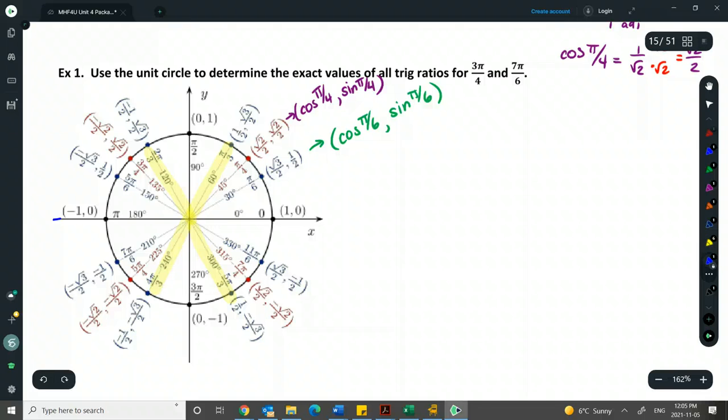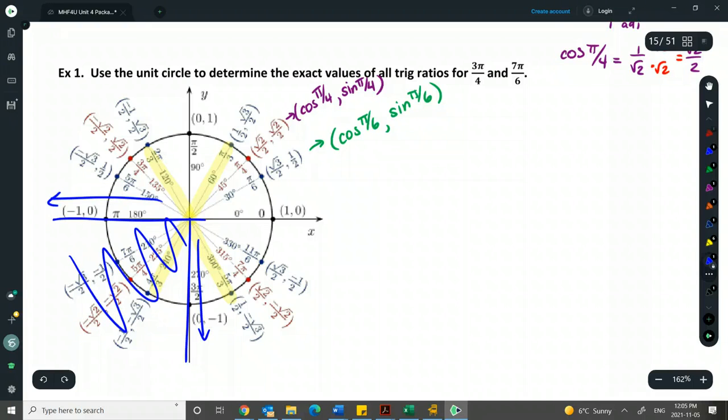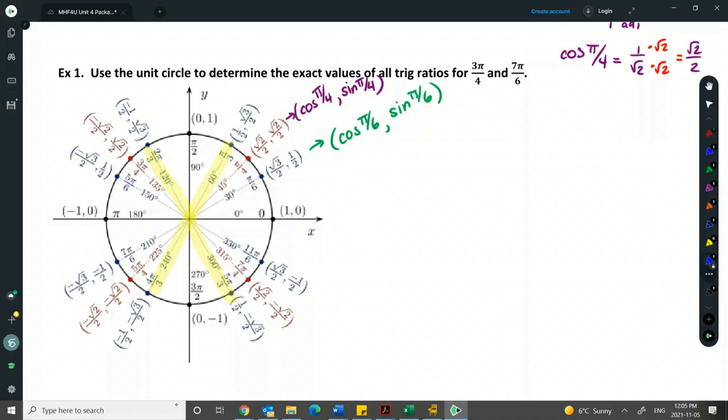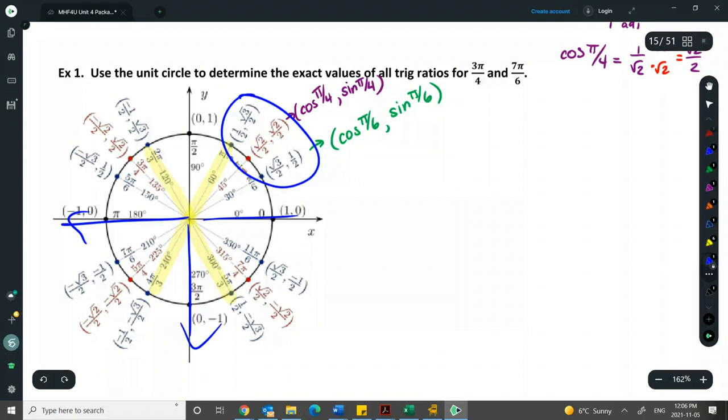I know that all x and y coordinates will be negative in this quadrant because this is the negative x-axis and the negative y-axis. So if I knew these 3 points right here, I could fill in the whole unit circle based on just positives and negatives and which way I'm going on the axes, right? Okay, so